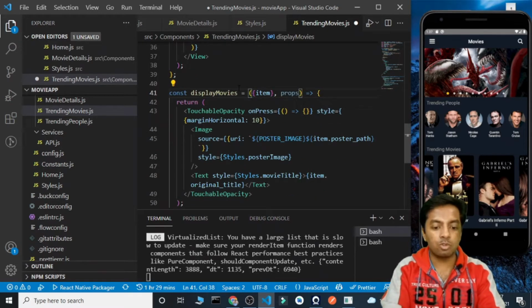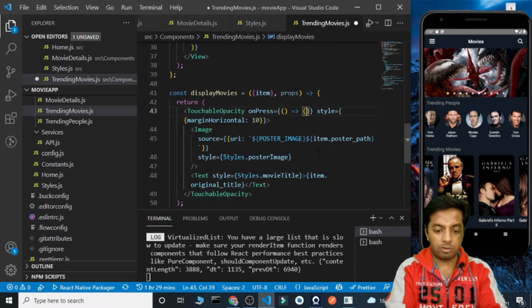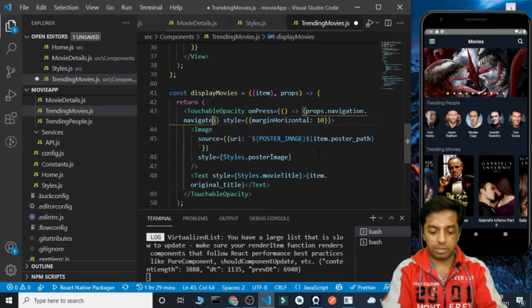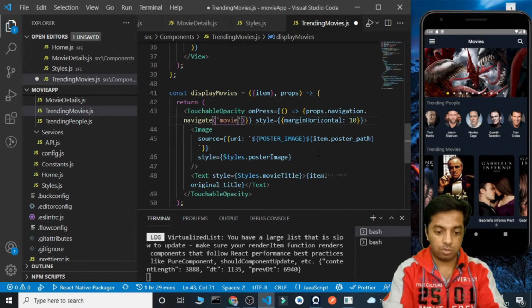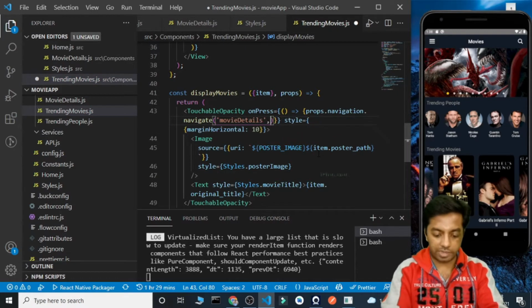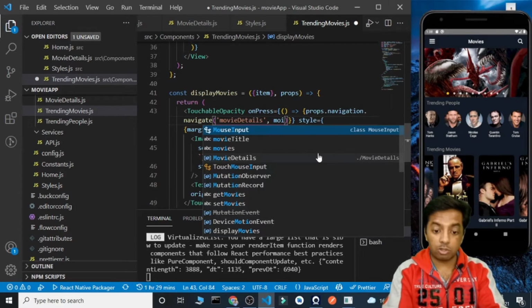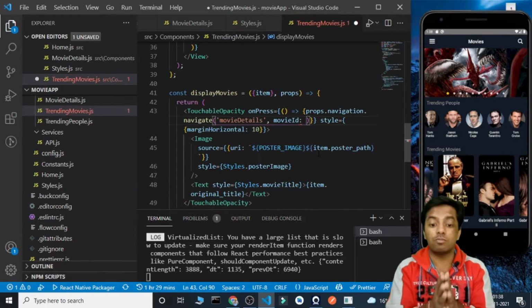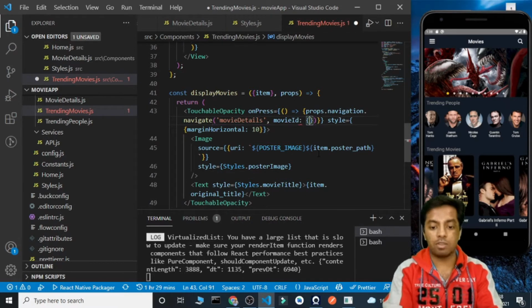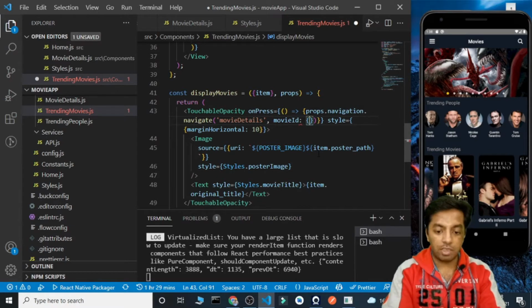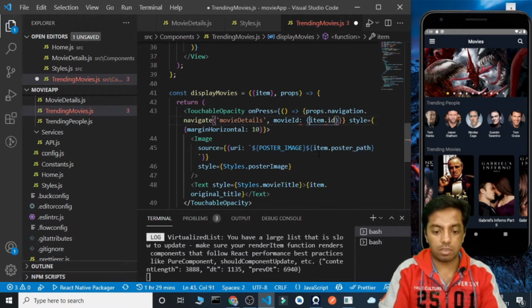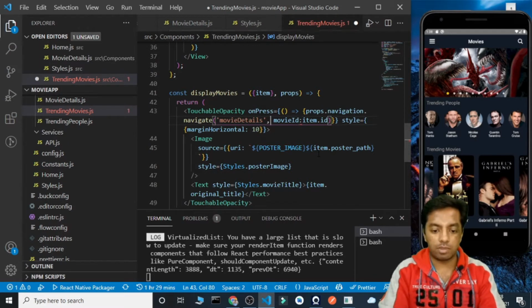Now on press, we need to do props.navigation.navigate to movie details, and we also need to pass the movie ID because we need to get all the details of the movie, so we can get the details from the movie ID only. What will the movie ID be? It will be item.id.